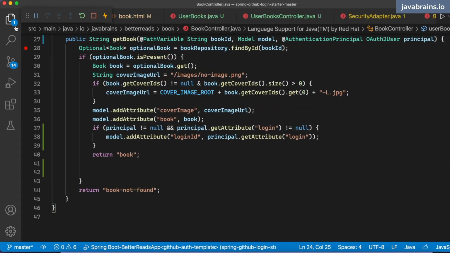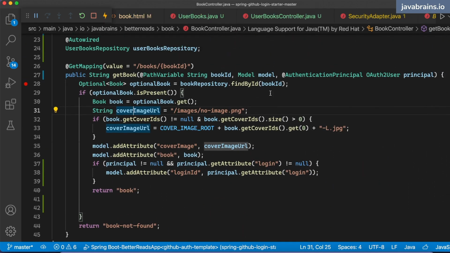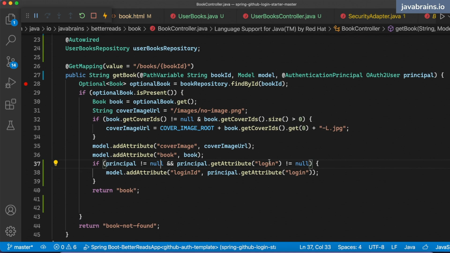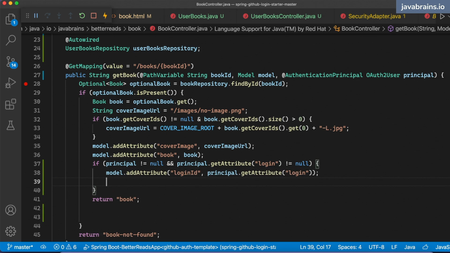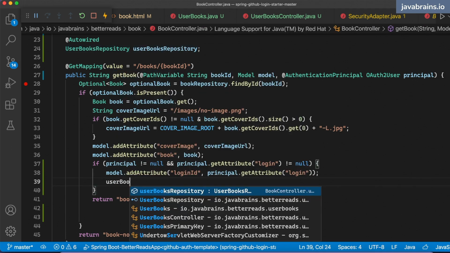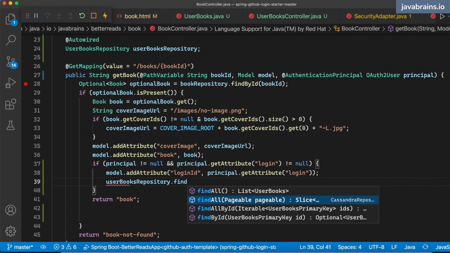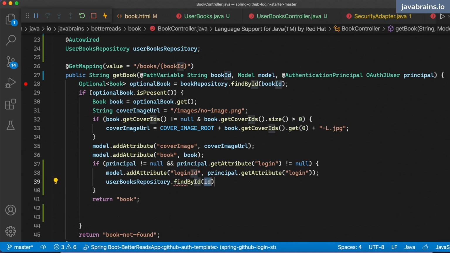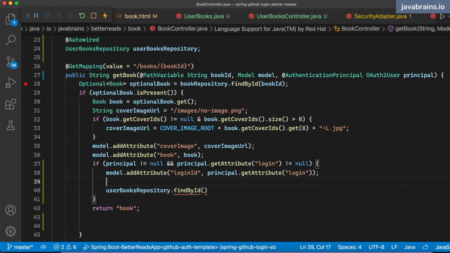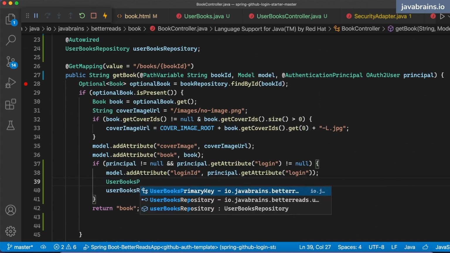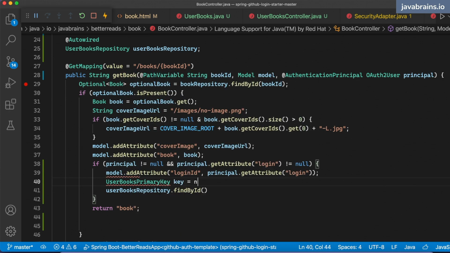So here, what I'm going to do is when the user is logged in, right? If there is a principal, where am I getting that? I'm getting that over here, right? If there is a principal, not only do I put the login ID over here, I am also going to check if there is something in the user books repository. Now I need to do user books repository dot find by ID. Okay, find by ID. What does it take? It takes the user books primary key. So I need to create an instance of that user books primary key. Key equals new